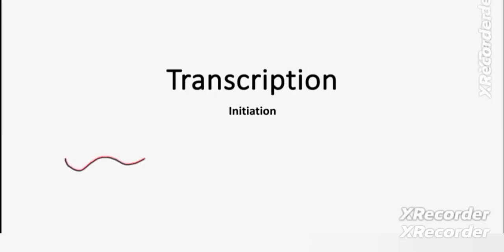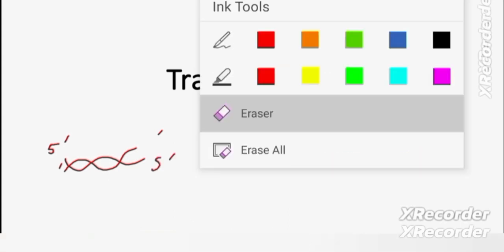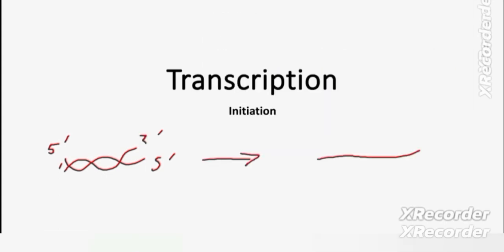Transcription is a process in which RNA is synthesized from a DNA molecule with the help of an RNA polymerase enzyme. This is a DNA molecule which would be transcribed into an RNA molecule. This DNA molecule has two strands which are anti-parallel to each other. It means one strand is in 5' to 3' direction and the other strand would be in 3' to 5'